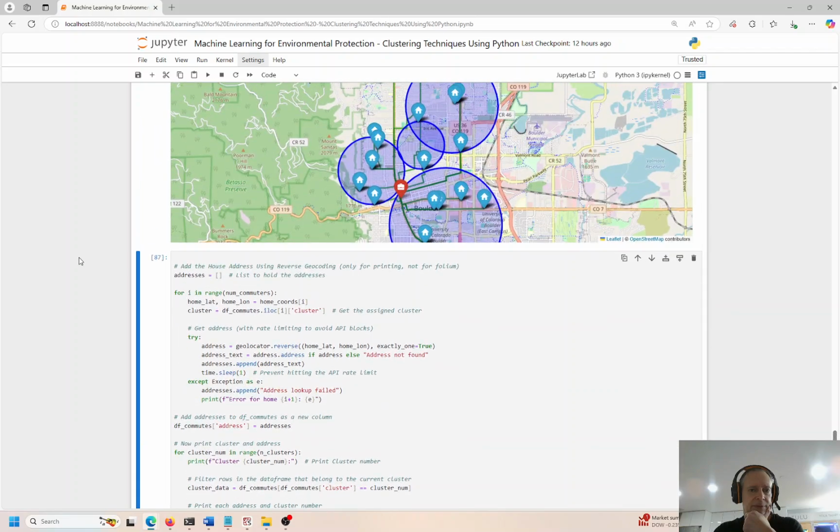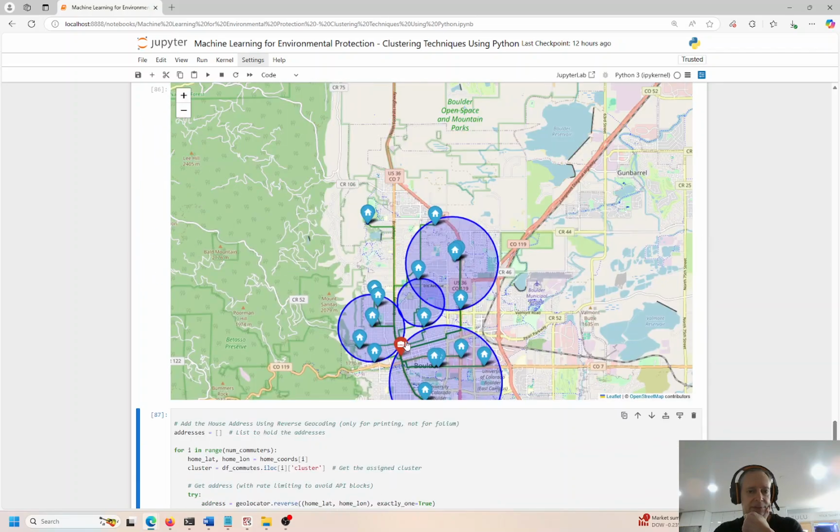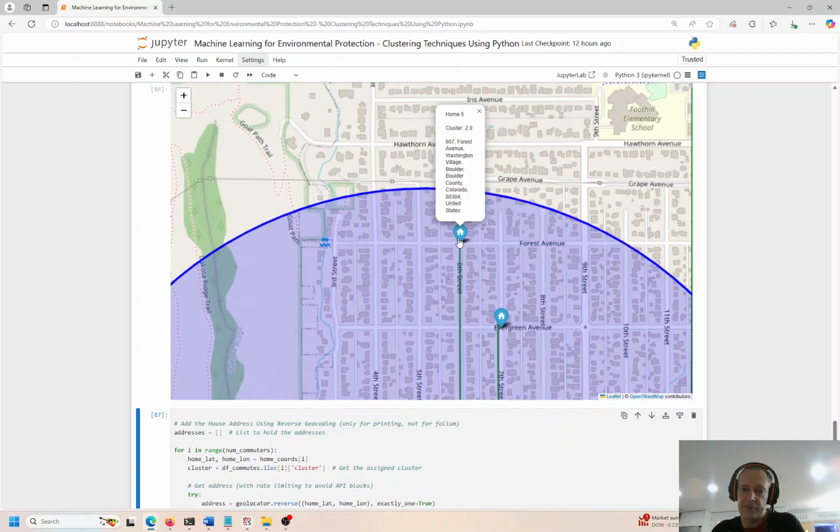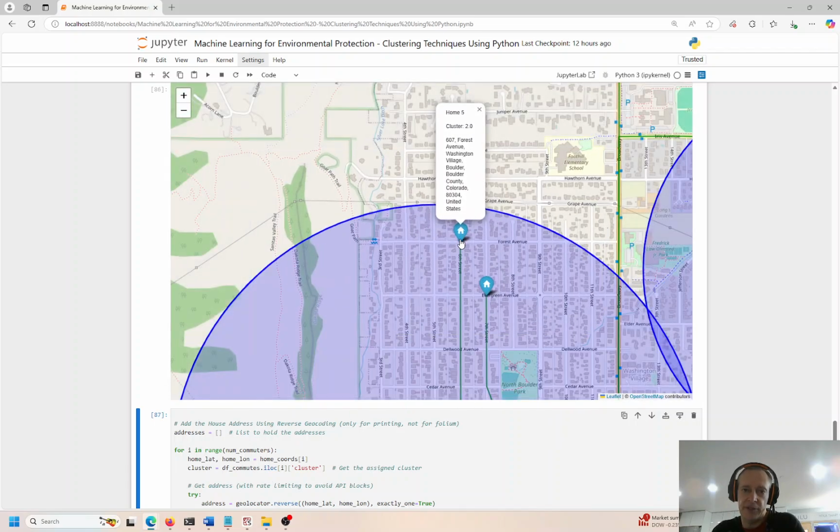But maybe that was the downtown area. I don't know. Downtown? I don't recall seeing cluster 3 because we have 1, 3. Oh, there is 3. Okay, so here's all the houses in cluster 3, and again, you'll have the address for each one. Forest Avenue, I can see it, even though it's zoomed down a little bit. So Forest, this guy lives here, and